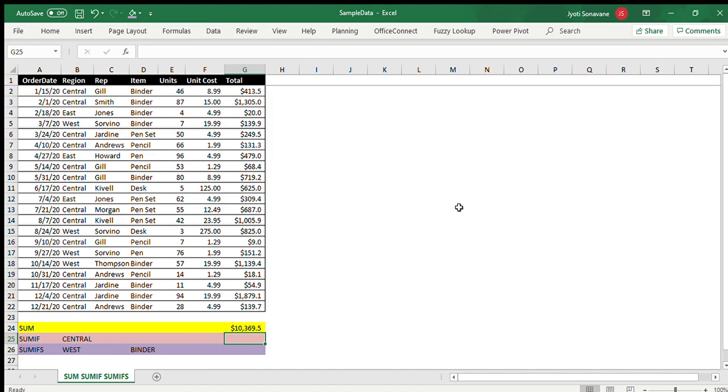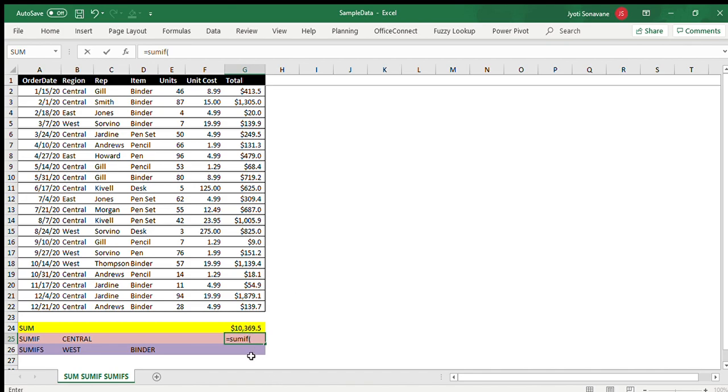To get the sum total of only the Central region, I will be using the SUMIF function. The name itself says SUMIF, where you can apply a criteria. So let's understand how you can do that. As we all know, SUMIF or any formula starts with an equals sign. So let's try =SUMIF, bracket open.